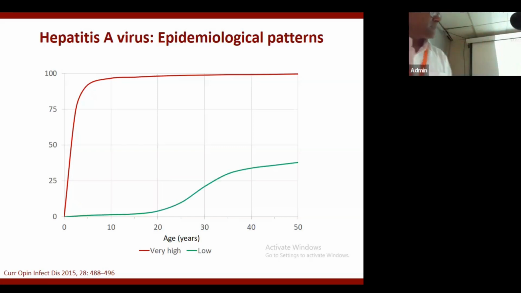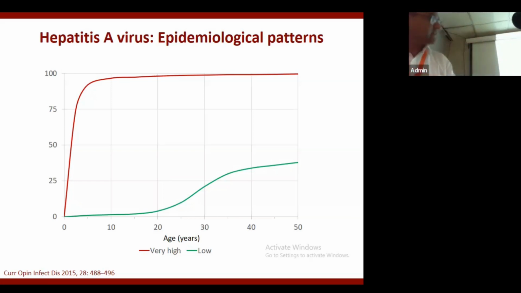This is the low risk curve typically seen in developed countries, US, etc. You can see here that by the age of 30, when the people are at their peak of productive age group, the prevalence is something around 20%. So if hepatitis A vaccination has to be given in the Western world, it should be given in adults also. This is the difference between the two different types of curves, right?